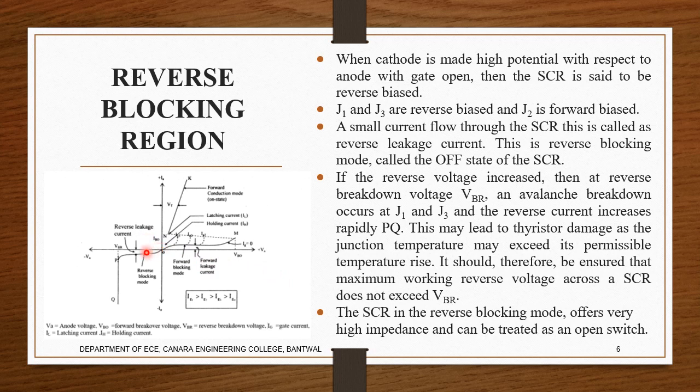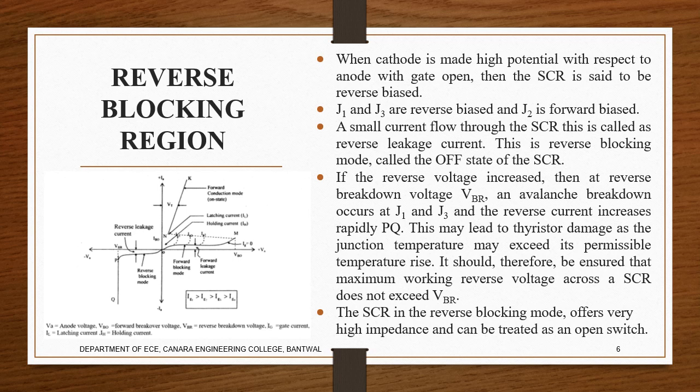In short, as the voltage is slowly increased, the current rises up to a certain level, which we call the reverse avalanche breakdown, or reverse breakdown voltage VBR. If the voltage is increased more than VBR, the SCR gets damaged. You can reverse bias only up to this VBR value. After that, it will get shorted and will not work.